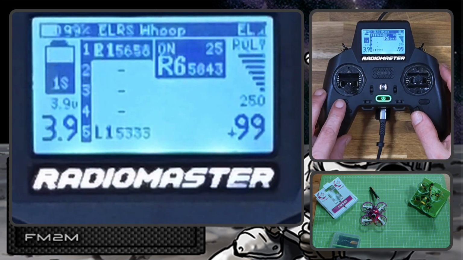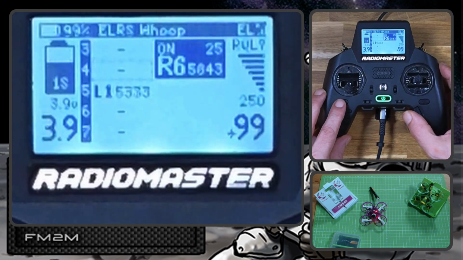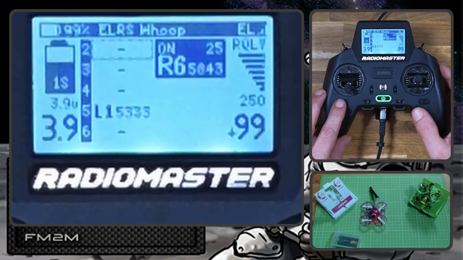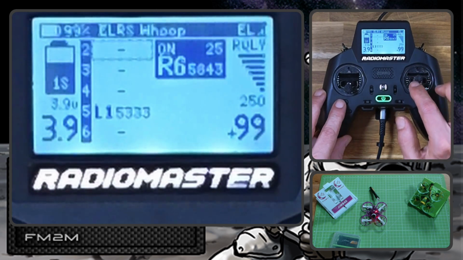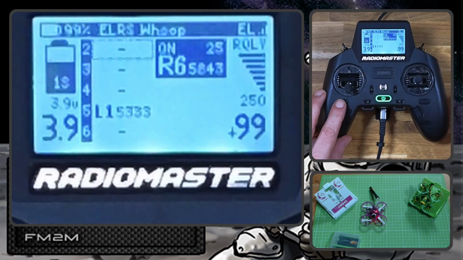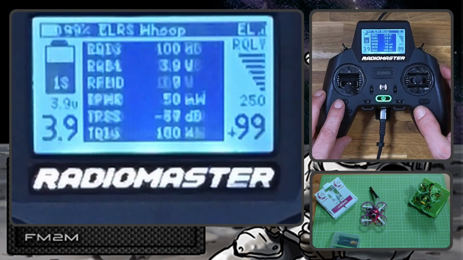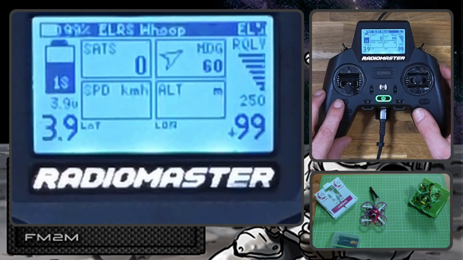This is the default for VTX. You can see in here favorites and the VTX status, but here is also the place for confirmation when we set things, channels or power, and this is the default for telemetry, and this is the default for